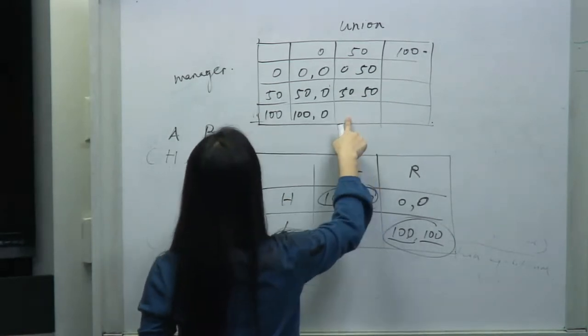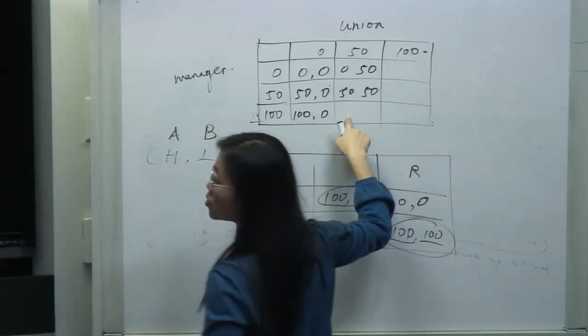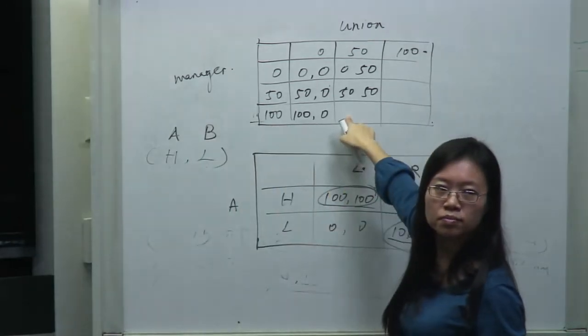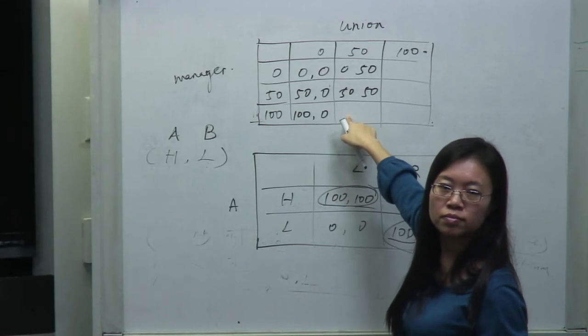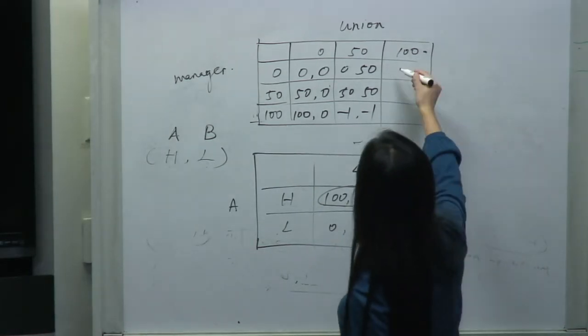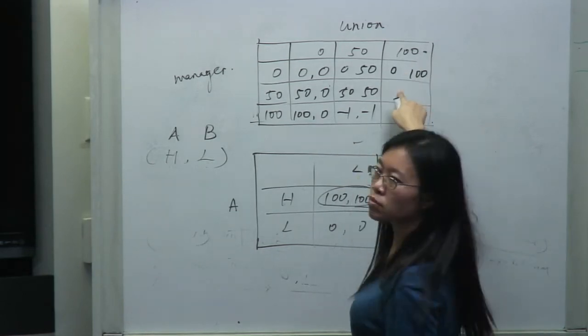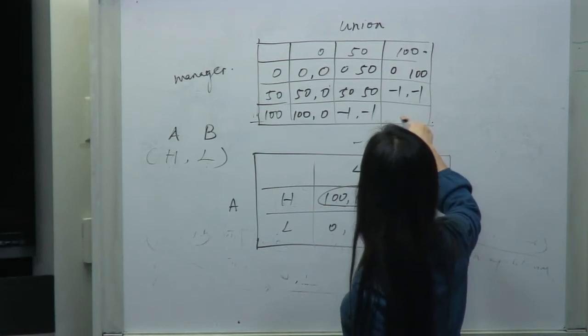How about here? 100, 0? No, it's 0, 0. It's voided, it doesn't matter, it's still going to be greater than 100. 100 or 200? What's the payoff here? If you put 150, the payoff is negative, because you broke the rule. Negative 1, negative 1. And lose $1. And here? 0, 100. This one? Negative 1 and negative 1. This one? And then negative 1 and negative 1.